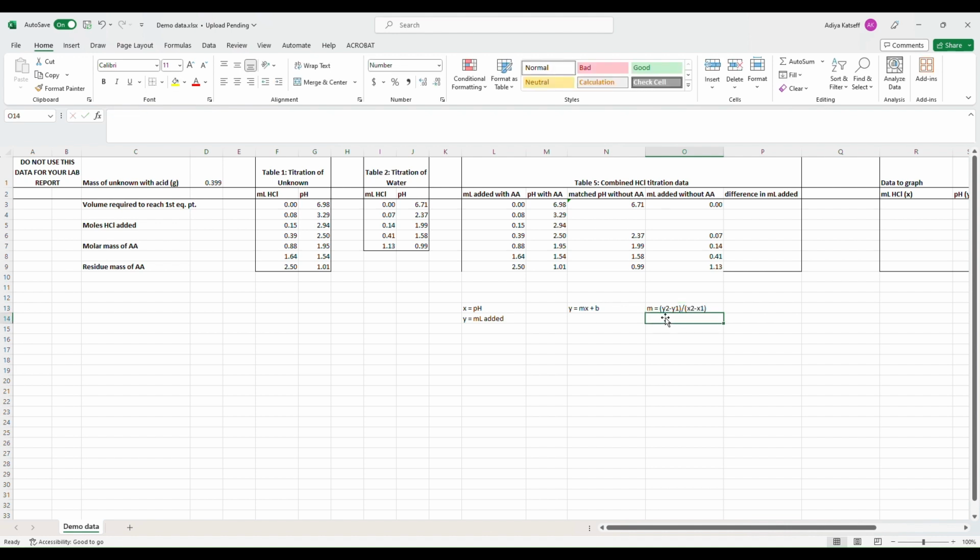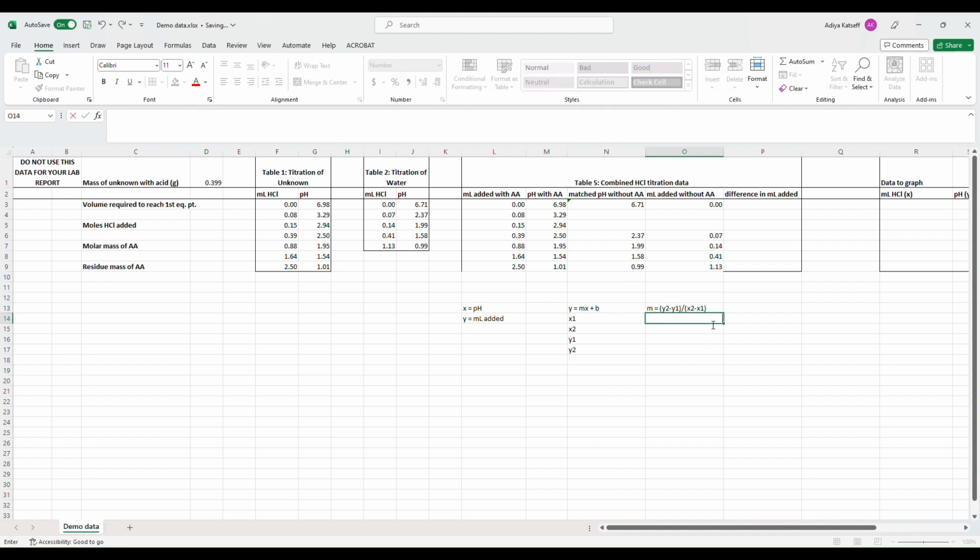From here we can figure out our slope by using some x and y values surrounding our gap over here. So x1, x2, y1, y2. Our x1, remember x's are pH, so we can make our x1 6.71, the value before the gap, and our x2 can be the x value